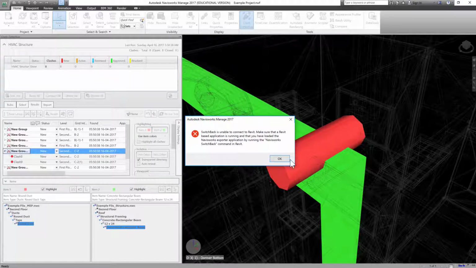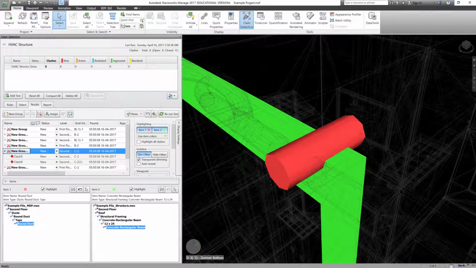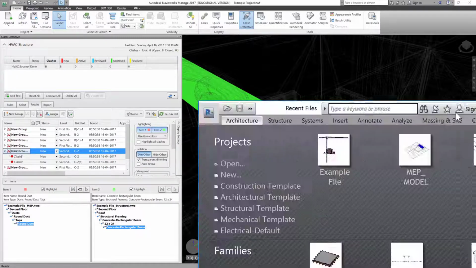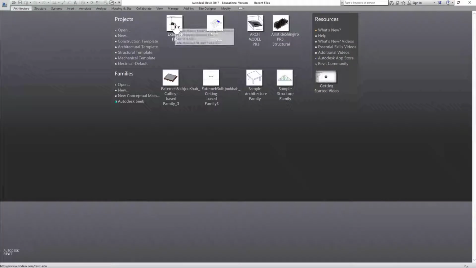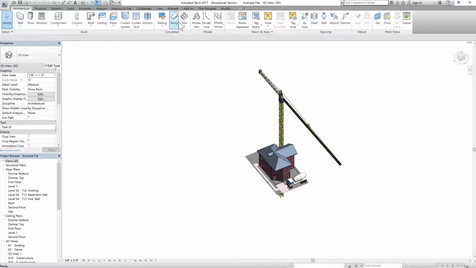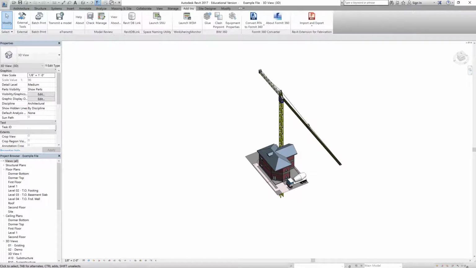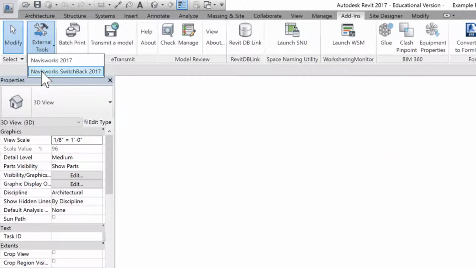So right now it's saying it's unable, and the reason is that I had to go into Revit and do some settings. So let's close this and bring in our Revit window and open any project. I'm just opening the example file project. Once Revit opens, the setting that I need to do is go to Add-ins, go to External Tools, and